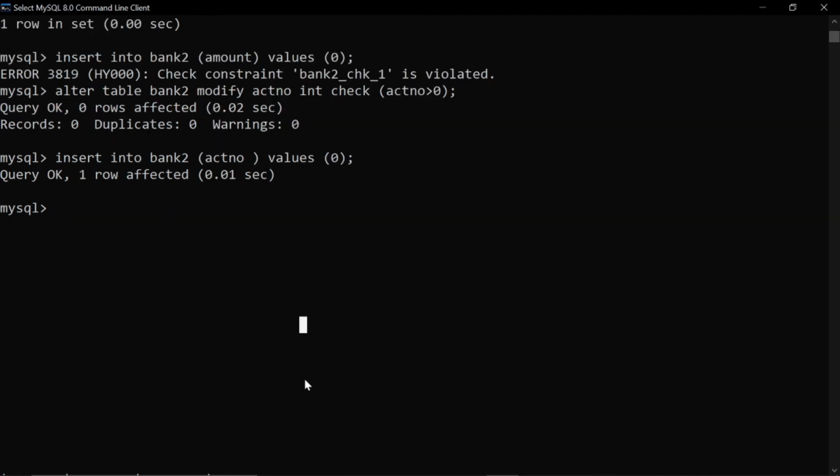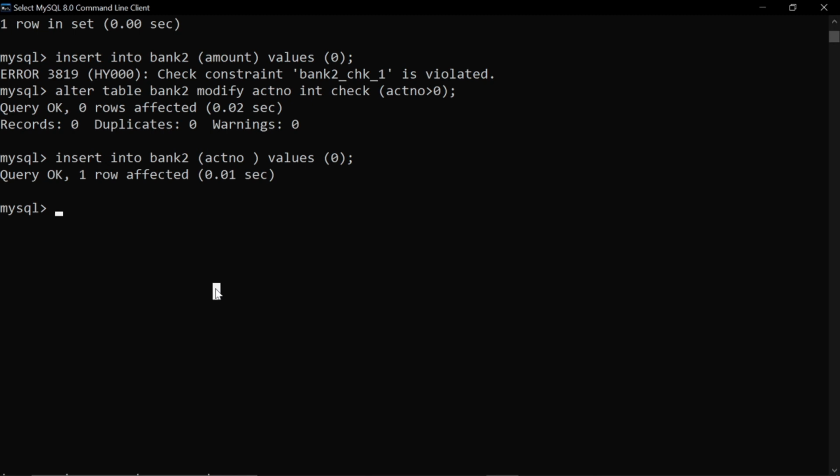Whenever you are using a condition in the alter command, it is not just modifying your particular column, but it is also adding a particular condition in your column, and then it is modifying it, right? So instead of the modify keyword you have to write the add keyword, and then it will add that condition in it.